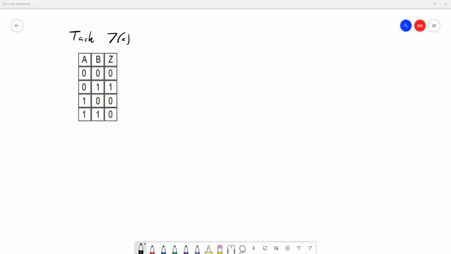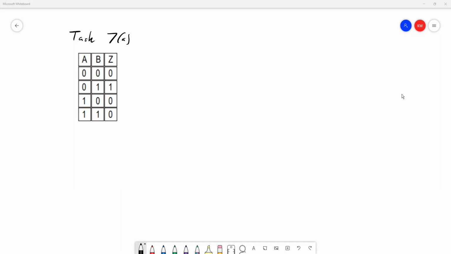This is task 7A from the electronics and control notes, in which we're asked to create the logic circuit from the truth table. And here we have a truth table with two inputs, and we know what the resulting output is based on these two inputs for this circuit. So we know A and B will be on the left-hand side of our diagram as inputs, and Z is